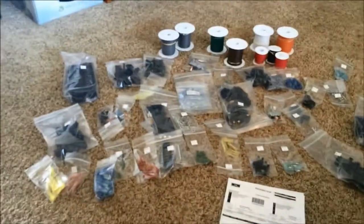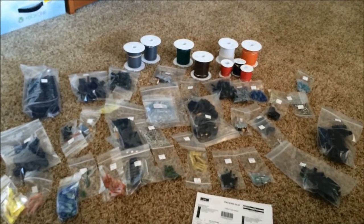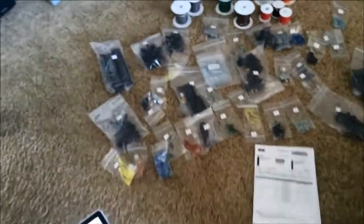So there it is. It's about 1,000 parts altogether. That includes the other stuff I already bought. This is about 850 parts right here. I've got everything from